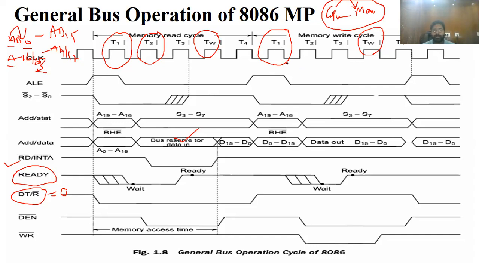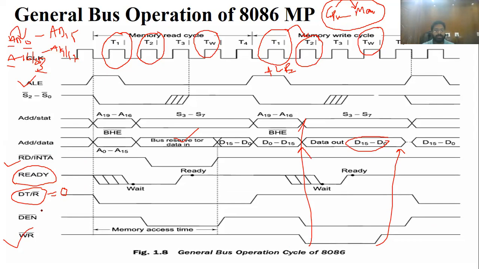For that purpose, again you enable the ALE, address latch enable. Once it is enabled, the address lines are converted into the data lines. It takes the time of the T2 period, one time period. Once it is converted, you can perform the write operation. Whatever data is present in the CPU will move to the specified memory location through this data bus. So this is the way.